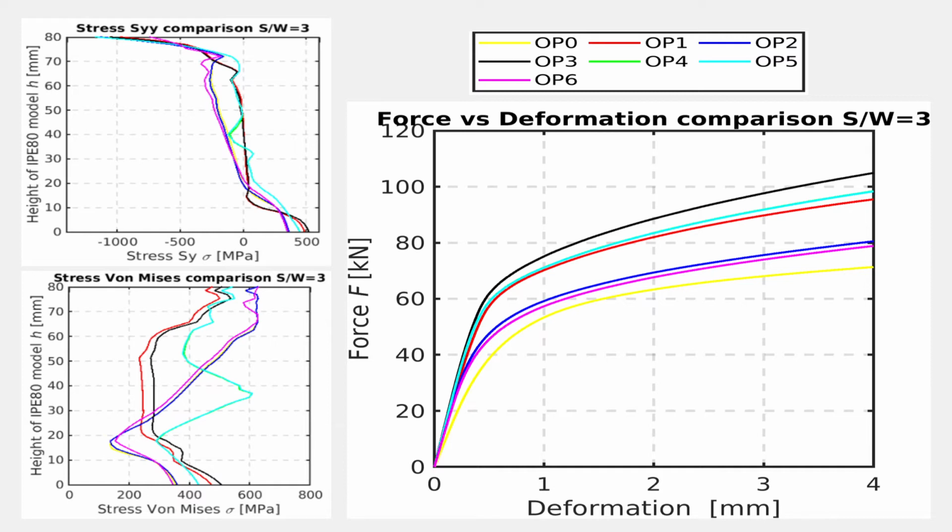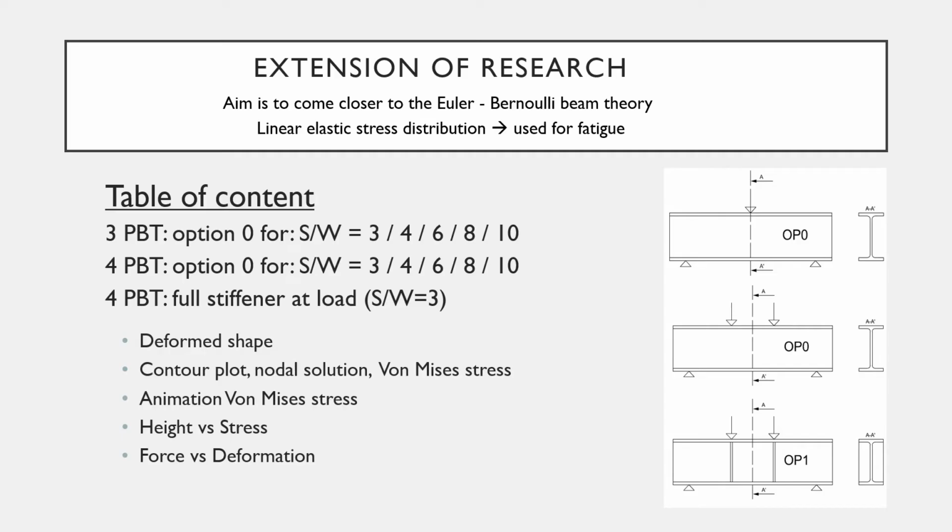Option 2 and option 6 only give a little increment of the reaction forces, so that's not very important. The aim is to come closer to the Euler-Bernoulli beam theory, so the linear elastic stress distribution will be used for the fatigue. And in extension of this research, a 3-point bending test for option 0 and with the parameter